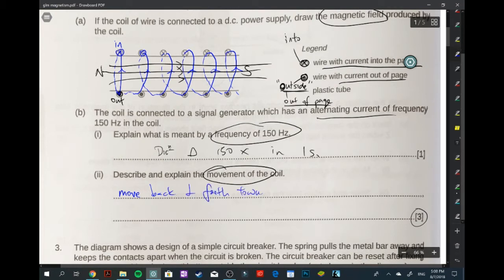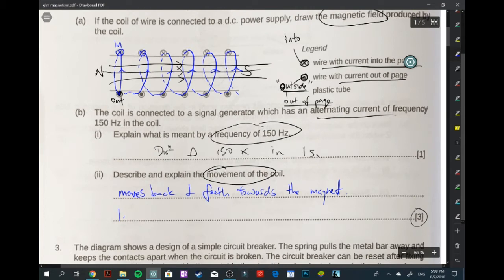Okay, so let's answer the question first. It moves back and forth towards the magnet. Now we need to say why, right? So there are 2 reasons why. First reason, I'm just going to write in point form. So the first reason is that